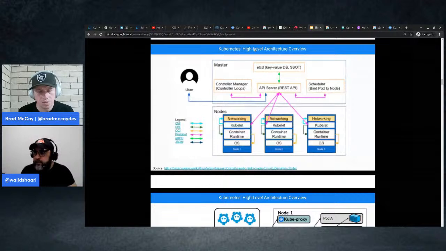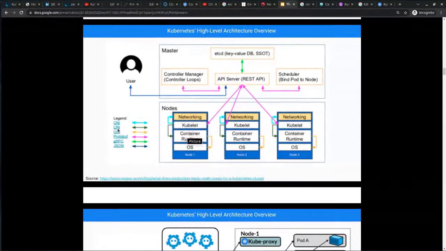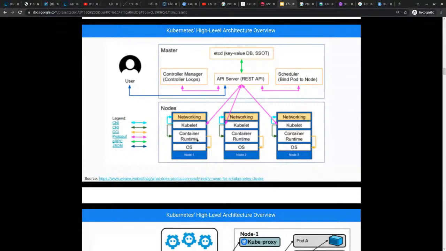You just need to know the components, and you just need to know the standards. So here, the kubelet is on the node, is part of the node, and it interacts with the container runtime. How does it interact with the container runtime? Using the container runtime interface. So it uses the standard container runtime interface. The container runtime, we said it could be containerd, it could be CRI-O, it could be gVisor, whatever.